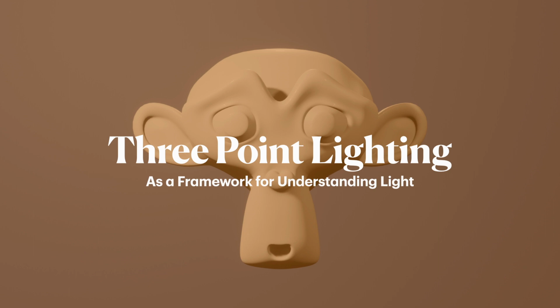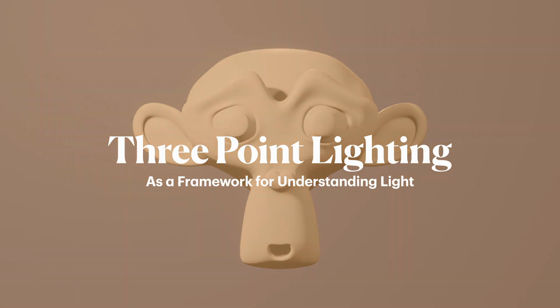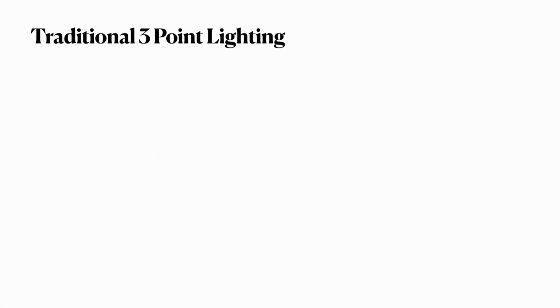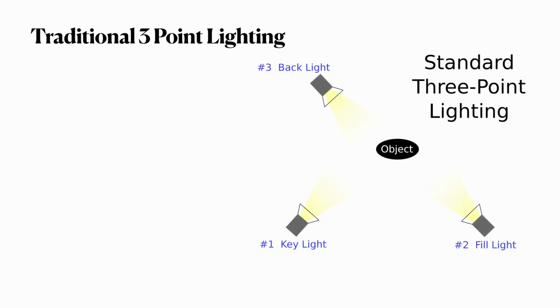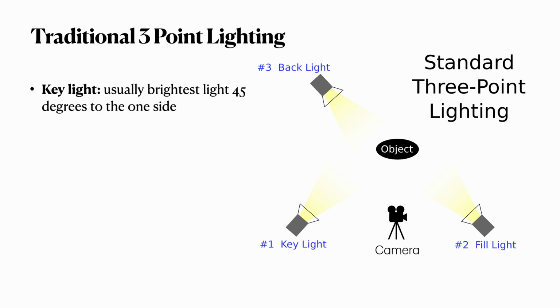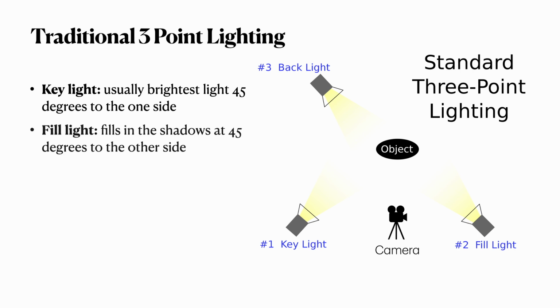So one tool or framework or template that's been developed for creating pleasing lighting that draws viewers' eyes to the important part of the frame in both video and photography is three-point lighting. Traditionally, three-point lighting will refer to a standard studio lighting setup that consists of a key light, which is the brightest light, at 45 degrees to one side of the subject, the fill light, which is positioned 45 degrees to the other side of the subject in order to fill in the shadow created from the key light,